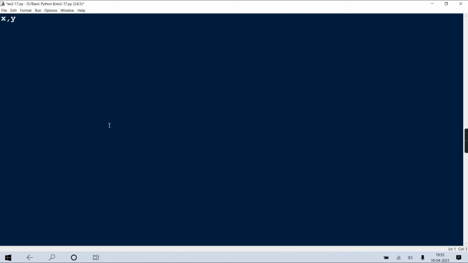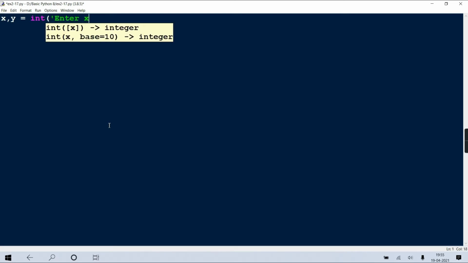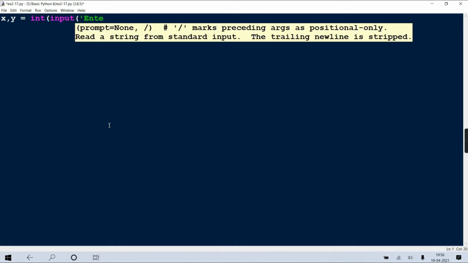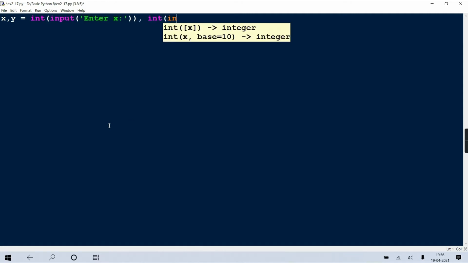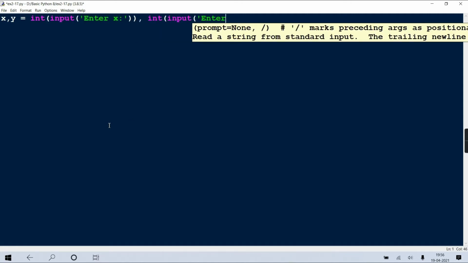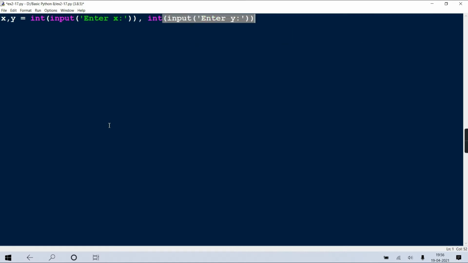Okay, first of all we have to accept two integers. I'll give enter x, int, input, enter x, int, input, enter y. Now two values we have accepted, we have stored them in x and y.